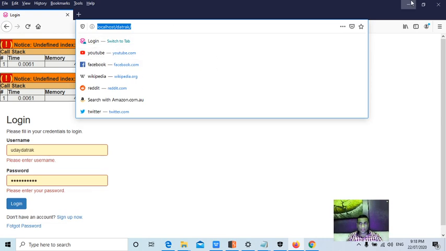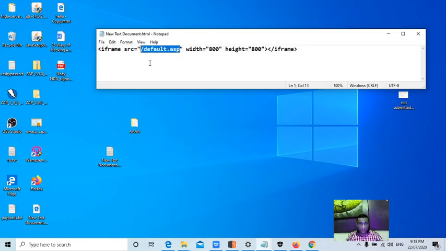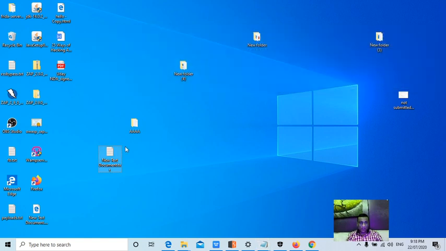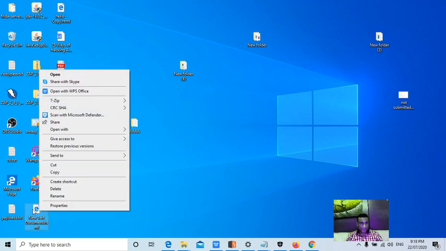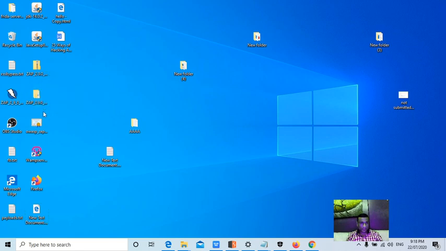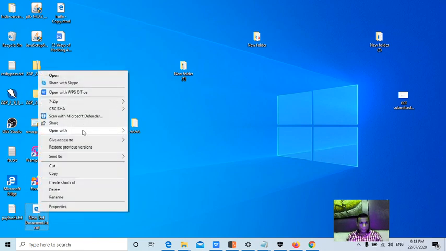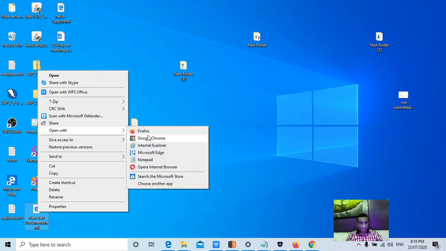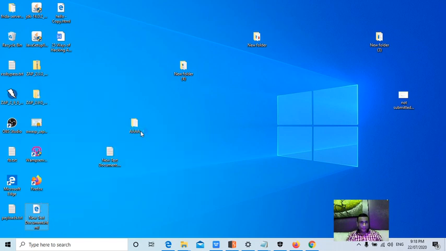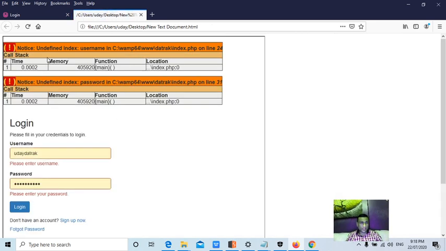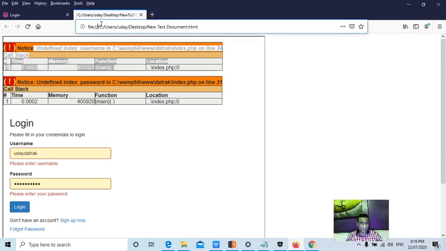Now I copy this URL and put it in this. What this means is we are loading this particular website as an iframe in a particular HTML file. So now if I open this, where is this? This particular HTML file. Let me open this with either Firefox or Chrome. Ignore these errors, as you know if you are following from my previous session. This particular application is loaded as an iframe.